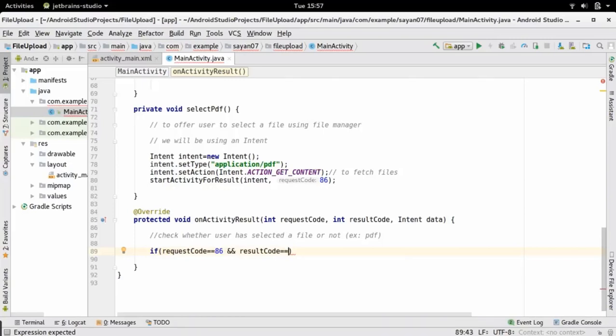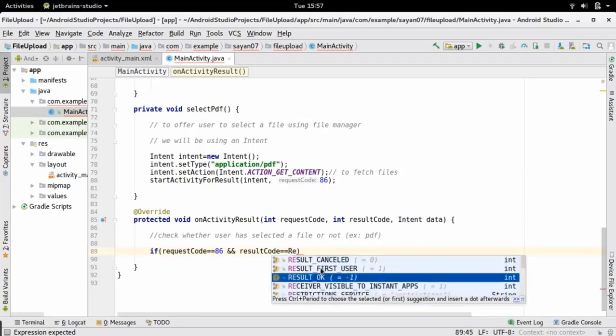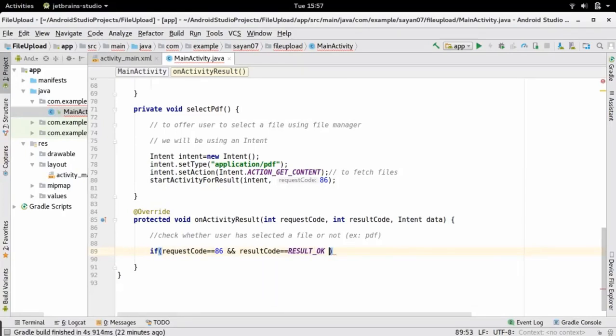By completion I mean that the user has opened the file manager and then closed it successfully, simply this thing. To do it we will check the result code with RESULT_OK. This denotes that the user has successfully completed the operation.